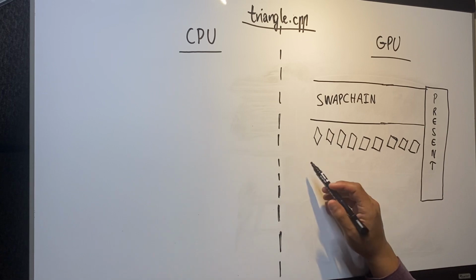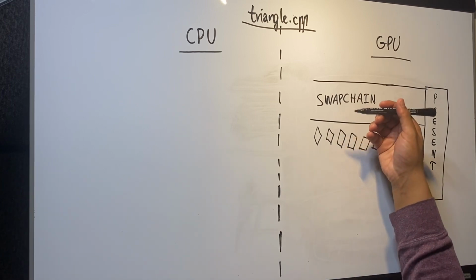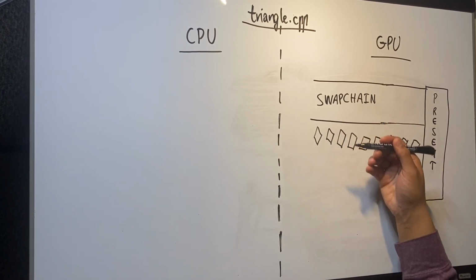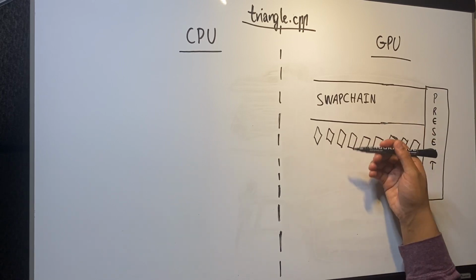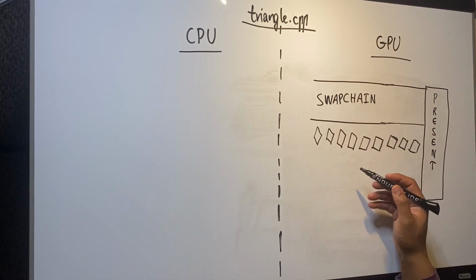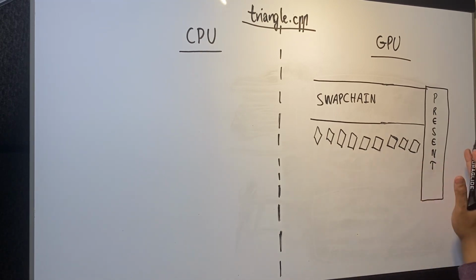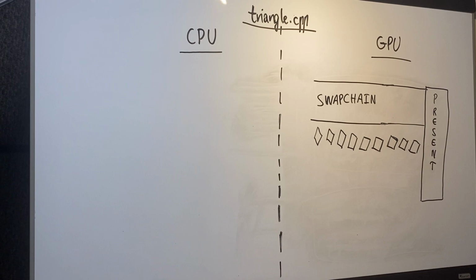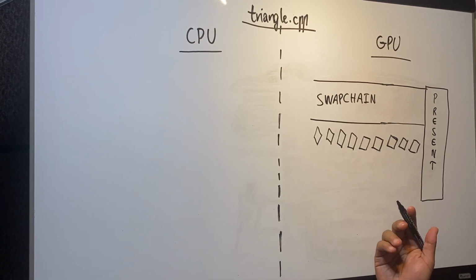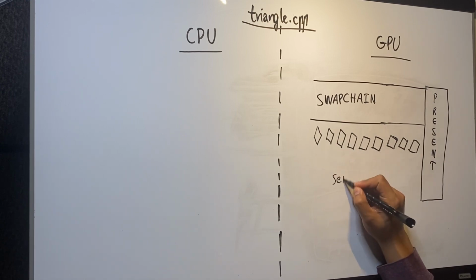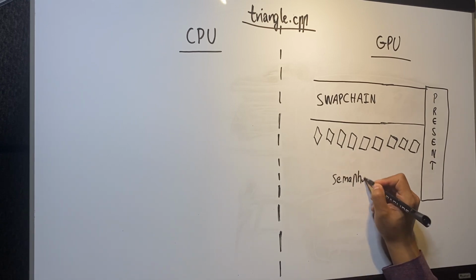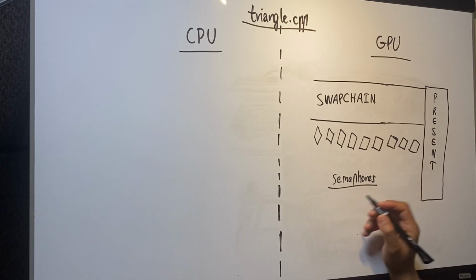So we need a process where we're basically taking images, we're taking frames, images, frames, however you want to call it, out of the swap chain. We're drawing something on it. We're putting it back into the swap chain so that it can be presented to the screen, okay? If it's being presented on the screen, obviously we're not drawing on it, all right? So this is where semaphores come in, right? So what are the semaphores managing, right? They're gonna manage, number one,